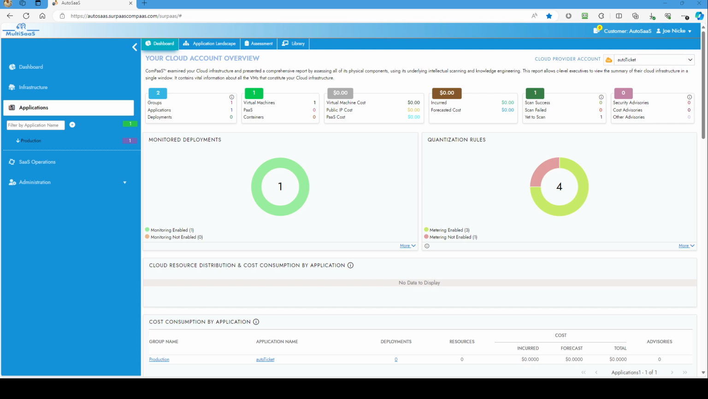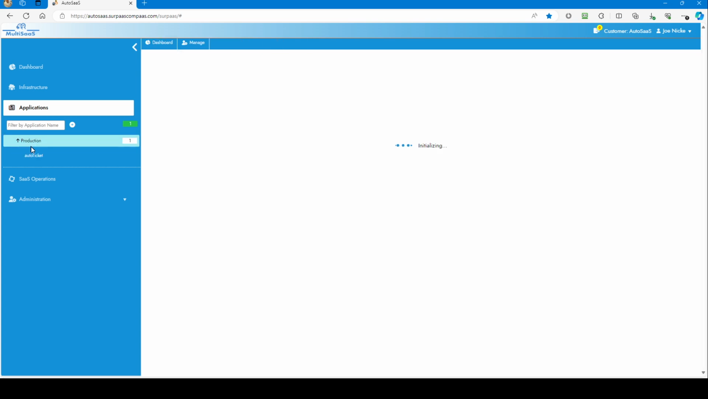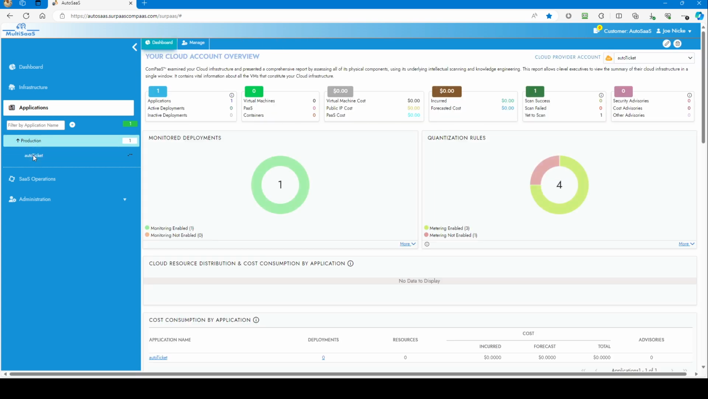You will be presented with a series of dashboards that handle various aspects of managing your SaaS solution. You've got the SaaS operations administration, and there are a number of things we can do to customize this environment for your particular application. But let's take a look at the AutoTicket application and how that was set up in SaaSOps. So I'm going to go to the AutoTicket application,